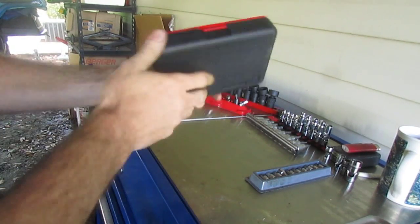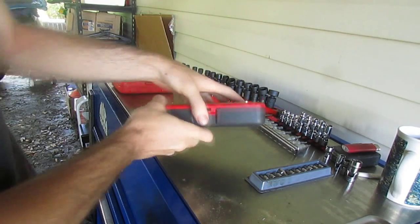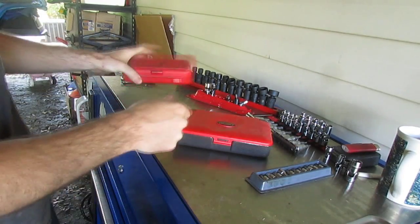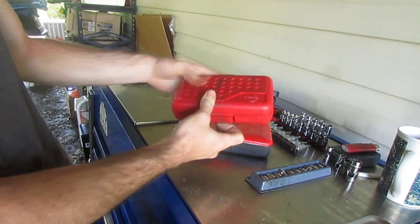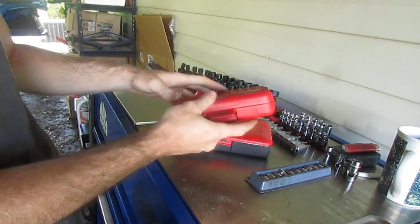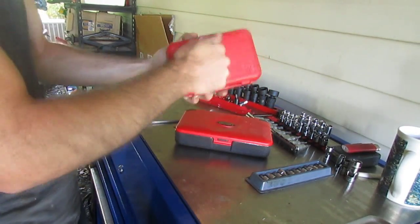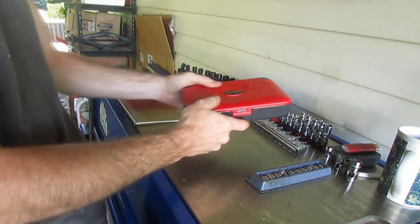The case, pretty good quality. You can shake it around and everything stays in its place. Compare it to these nifty dandy Mac Tools cases that they like to put a lot of their stuff in. You know, it's pretty comparable. I mean, what can you say? It's a case, it's hard plastic, it protects the stuff, and a big important thing about